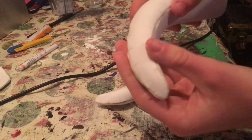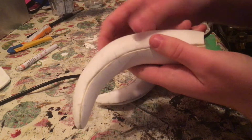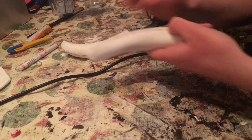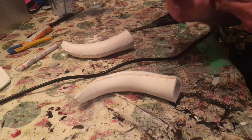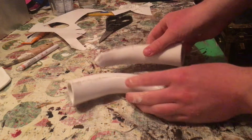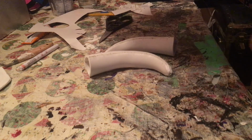There we go, and some of the seams did come apart a little bit, so I just glued them back together with a bit of super glue. Now, the seams aren't perfectly even, so I'm going to even them out with my rotary tool. Now the next thing I'm going to do is cover up the seams, sort of fill them in, and for that, I'm going to use some